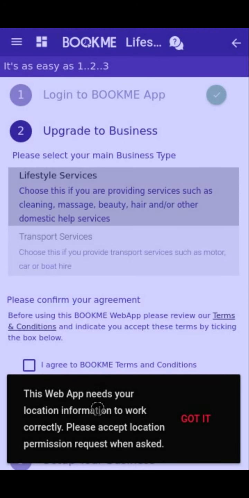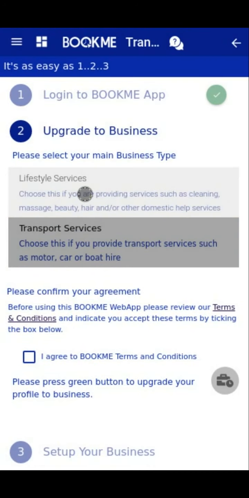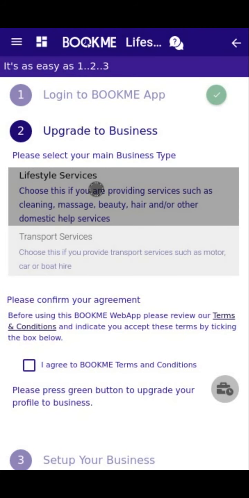You may get a pop-up asking you to enable your location services. Make sure you do so, otherwise you would not be able to receive bookings. Since we are already signed in or logged in, it would automatically go to the second step, which is upgrade to business. You need to select the service category that you want to be in as a provider,